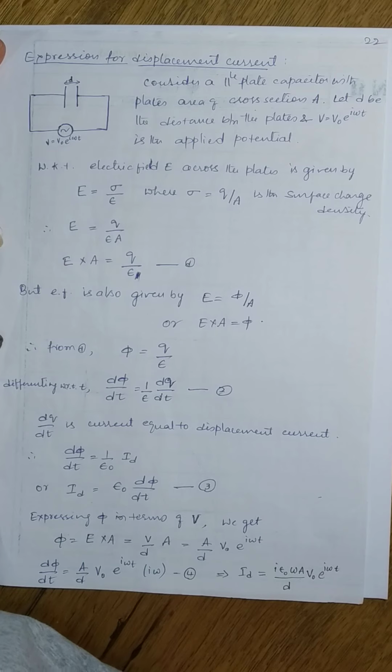In case of a parallel plate capacitor, there is no continuity between the plates, but still alternating current can pass through these plates of the capacitor easily. This is possible because of displacement current. Now let us derive an expression for displacement current and apply it to the capacitor to see its behavior.